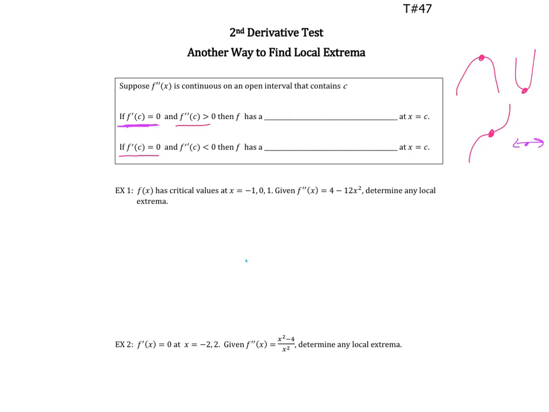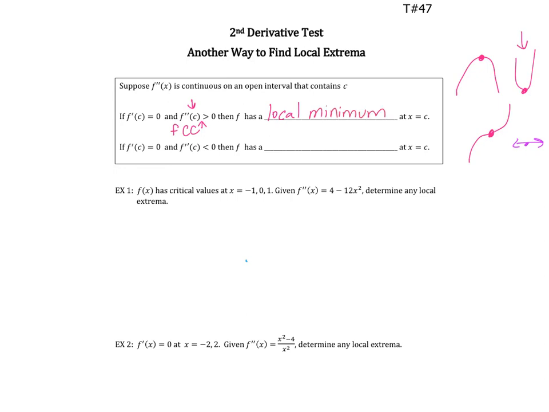But if the first derivative is 0 and the second derivative is positive, what did we learn yesterday? If the second derivative is positive, we know that f is concave up. Looking at my pictures, that wipes out a lot, because if the first derivative is 0 and f is concave up, then it would have to be this one. So what's going on? Then f has a local min